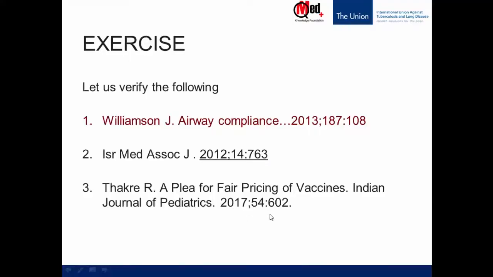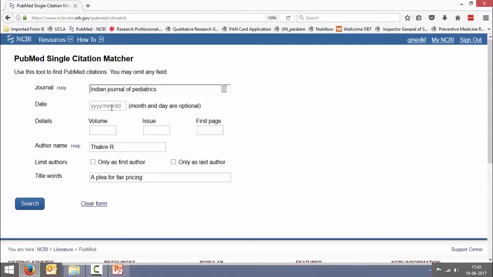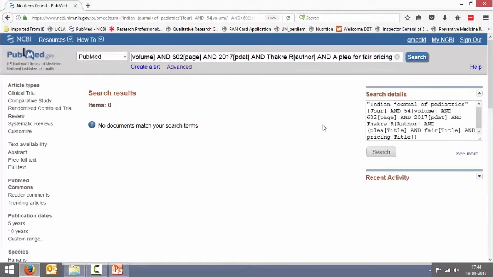2017 54 602. So I put in everything, I click search, and here I get nothing. So I could go back and tweak the search a little, but if I take the same logic that we did earlier,